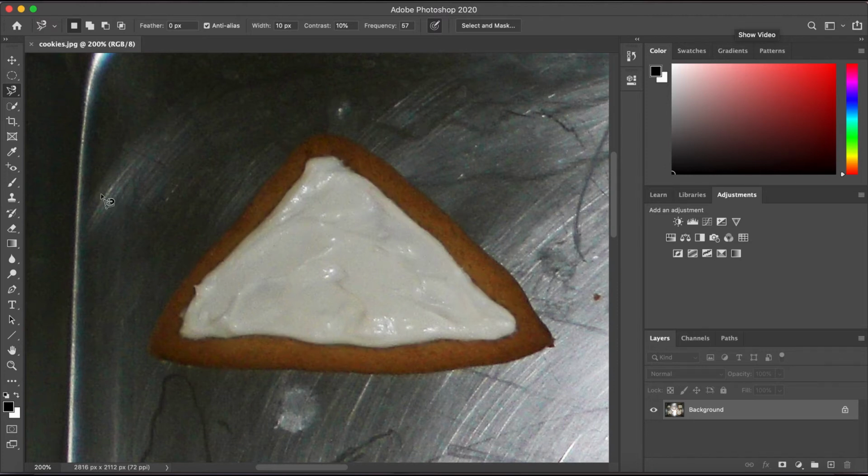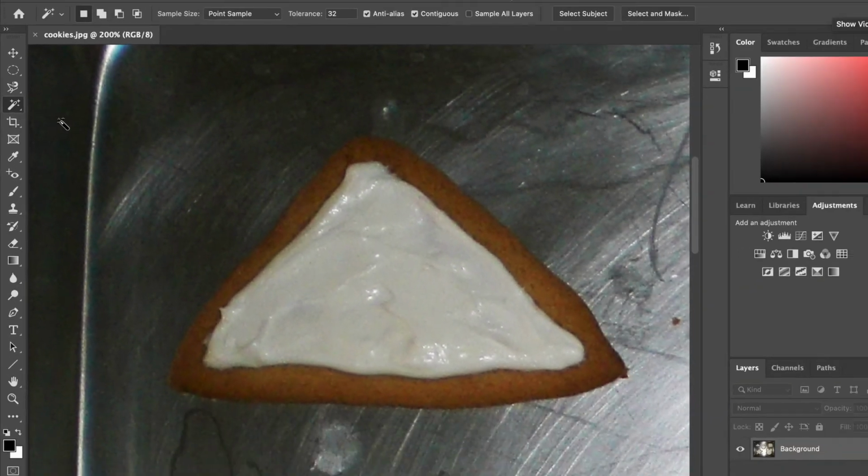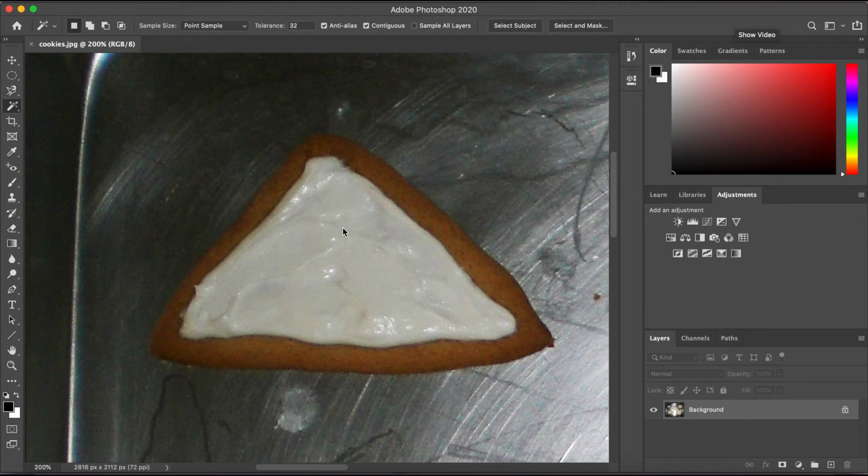Up next, we have, in addition to our lasso tools, a couple extra selection tools. We'll start with this very first one, which is my least favorite, called the magic wand tool. This will basically make a selection on color alone. I just clicked right here in the middle of my cookie and it's trying to make a selection based on the color alone, but you can see it's not picking up everything because there are slightly different shades of white right here in this frosting, and so it's being very temperamental with me, and so I honestly don't love using